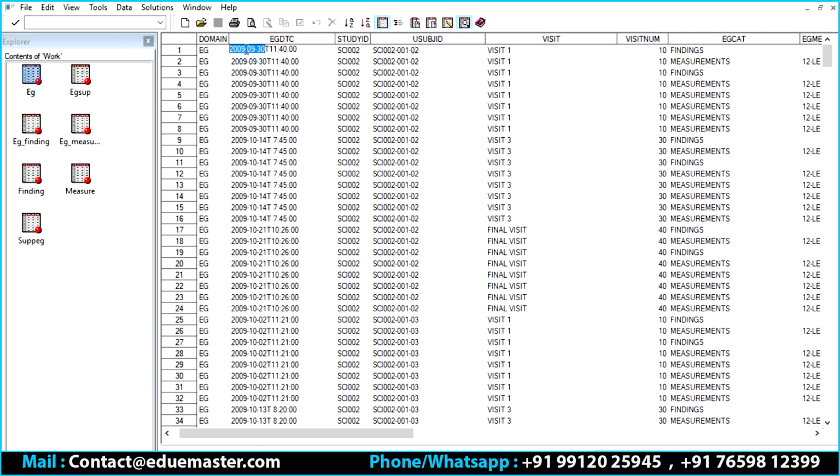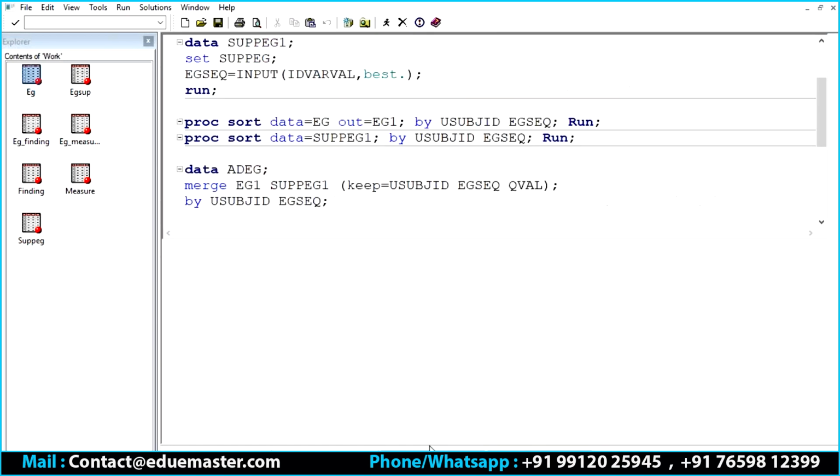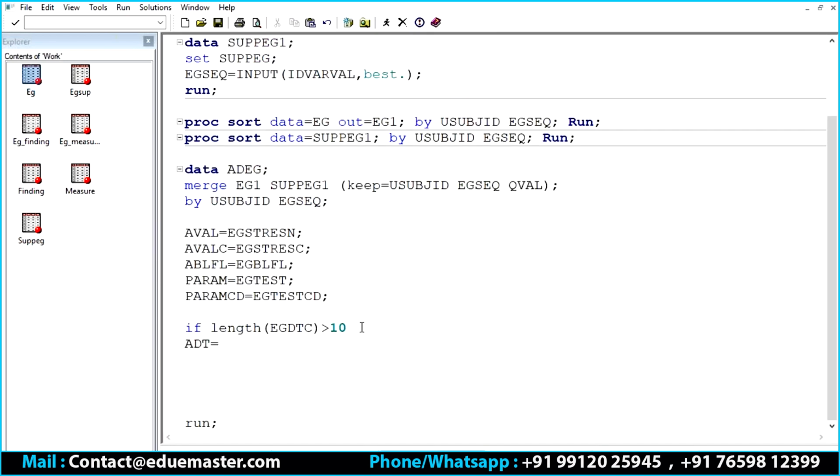Otherwise, the first 10 values are representing the date, right? So if the actual length is greater than 10, it means it has both date and time. So let us take that part. So if length greater than 10, then do,